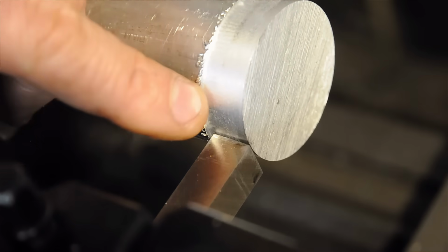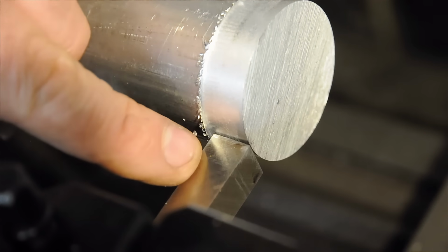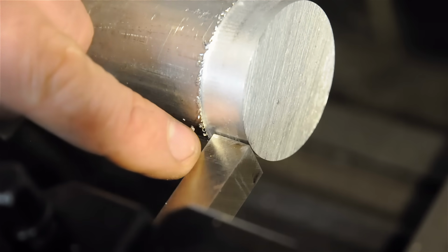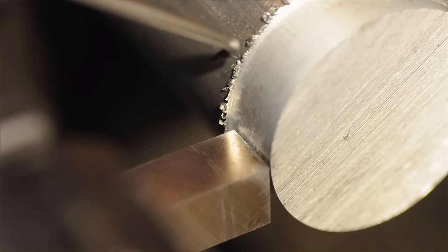So the first thing I'd like to do is eliminate the rubbing that the tool is doing. And this is a single point cutting tool, so we really only want it to cut in a small portion of the actual tool bit on the leading edge. But before we do any grinding to address that rubbing issue, you may have noticed, or I'd like to forcibly